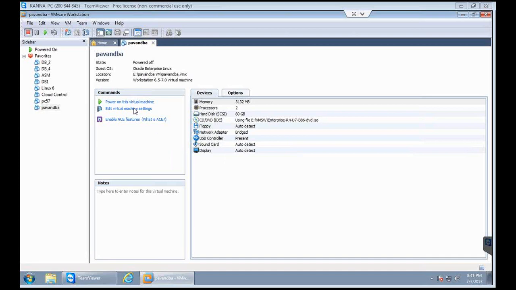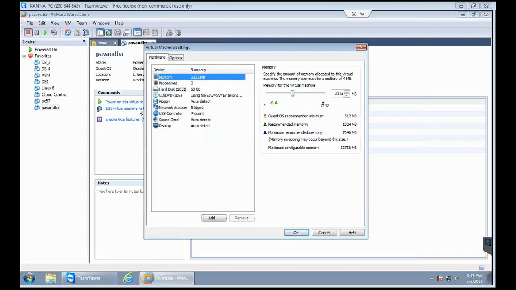So as I said yesterday, once we have this virtual machine ready, then we can go and change the settings also. So here I am just changing my RAM size. So I am making it as 5 GB.